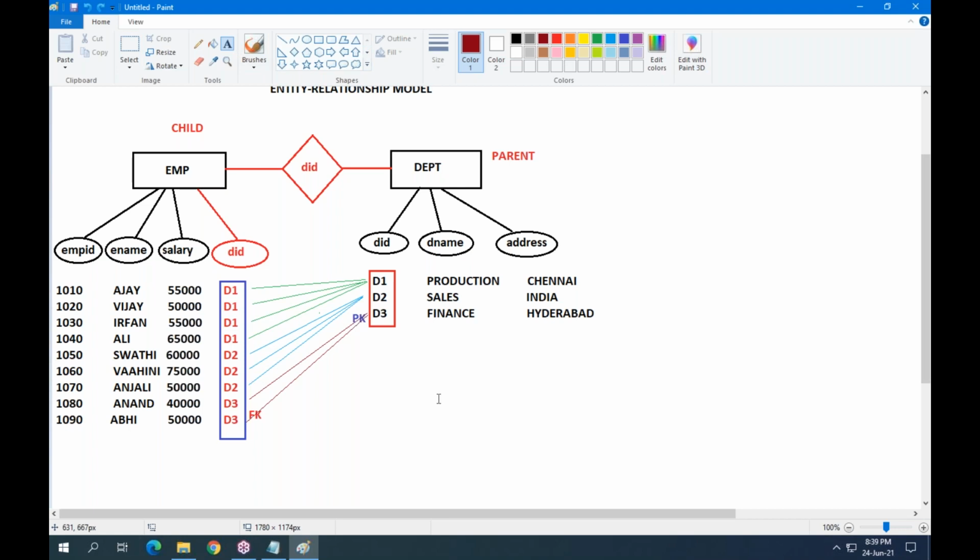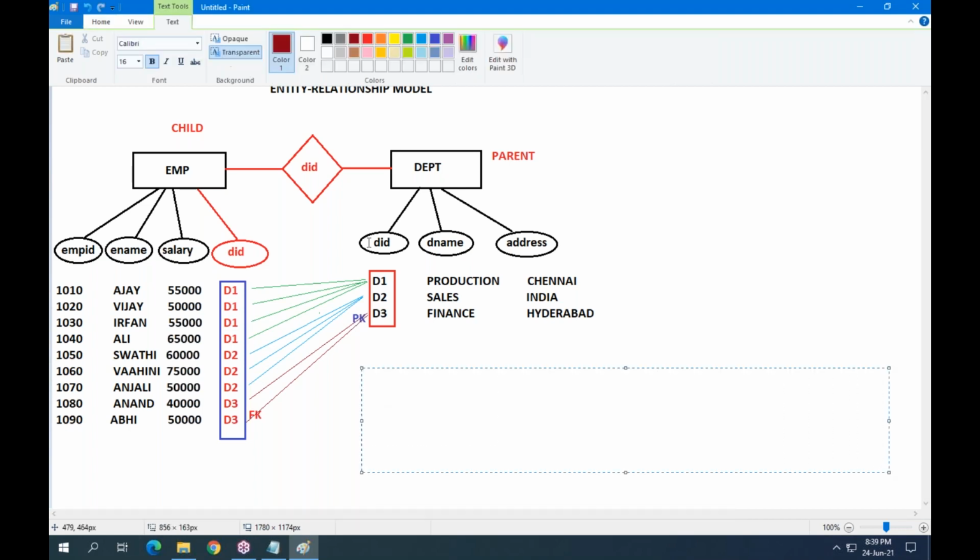Okay, so how to create tables based on this? Consider entity names as table names. Next, consider property names as column names, and define relations based on primary key and foreign key.